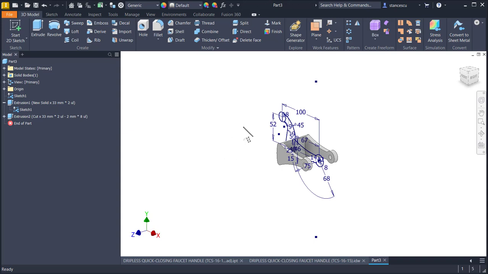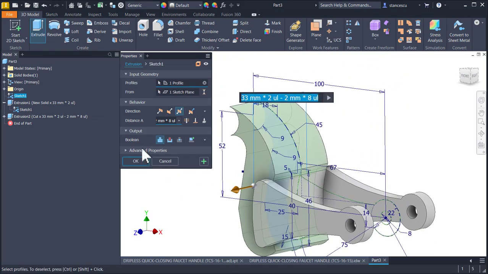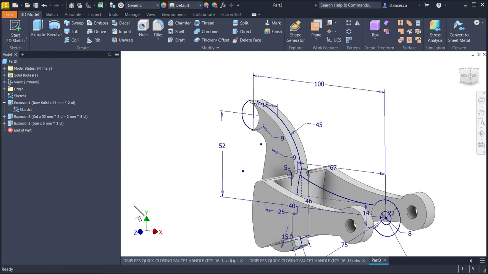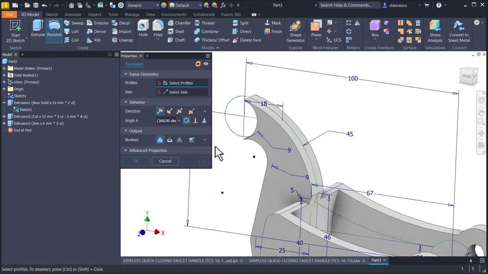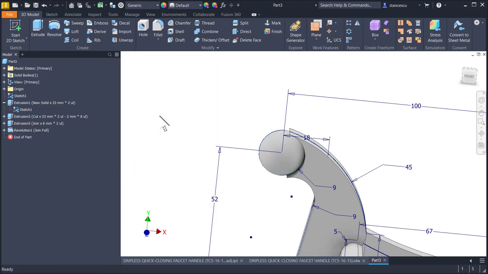Good. Now I extrude this face symmetrical on a distance of 6 multiplied by 2. Okay. Another feature is obtained with the revolve. This area by using this axis. Okay. Now I can hide the shared sketch,